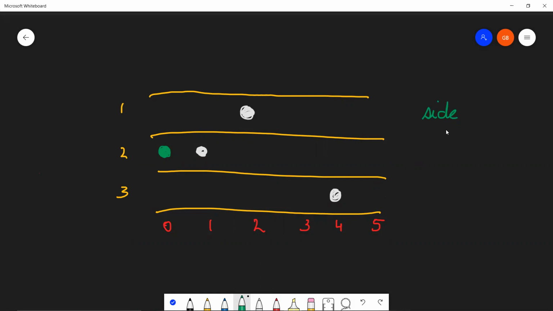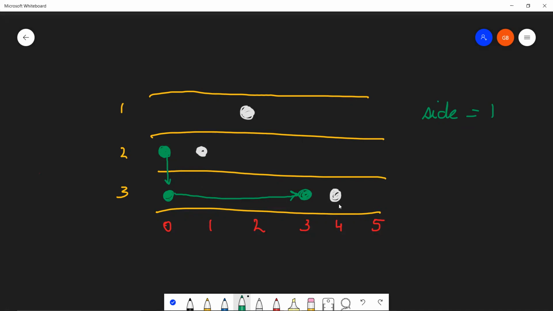Let's plot a path, right? Let's say that our frog has begun from 0 and there's an obstacle on point 1 on track 2. So it has two options. Either it will jump onto track 1 or it will jump onto track 3. Now this counts as a sideways jump, right? So let's say that it jumped on track 3. So our sideways jump has become 1. Cool. Now it has an unobstructed path from point 1 till point 3. So let's quickly move on to point 3.